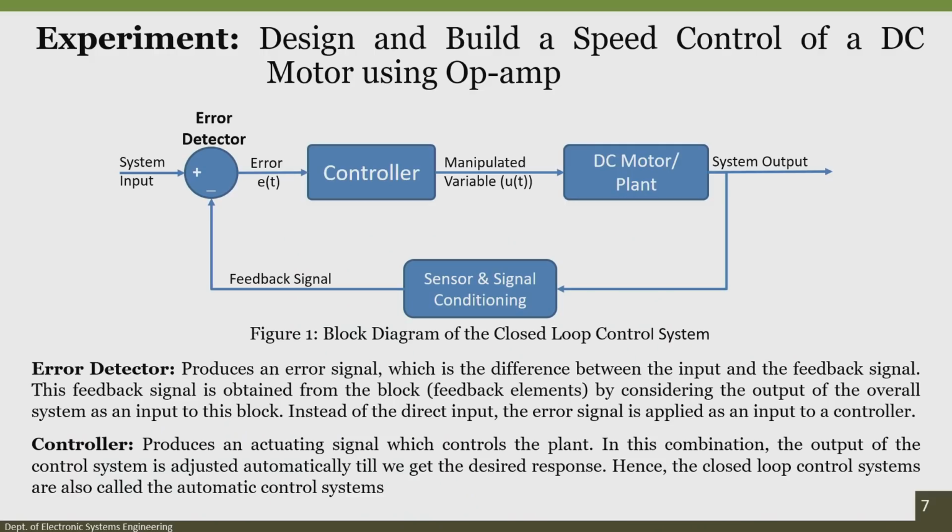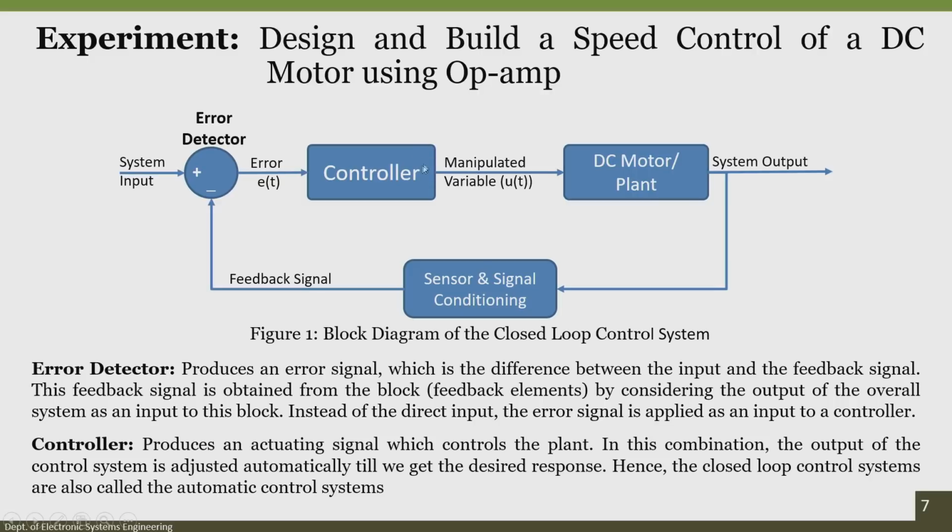So, we are going to design the same controller, but the controller will not be on board, it will be in software. That is why this is called software in loop simulation. In a complete closed loop system, if you look at the screen, the system input will be set from the PC, the error detector will also be set from the PC, and the controller is designed and developed in the LabVIEW software, which is also on the PC. But this interface will not be direct. This will be connected through a USB DAC.